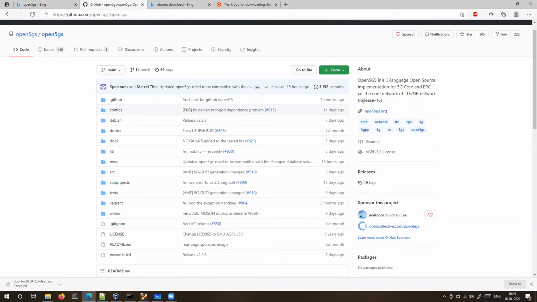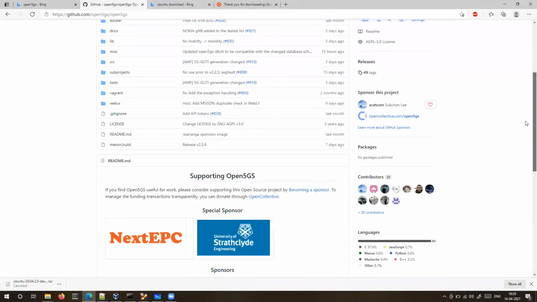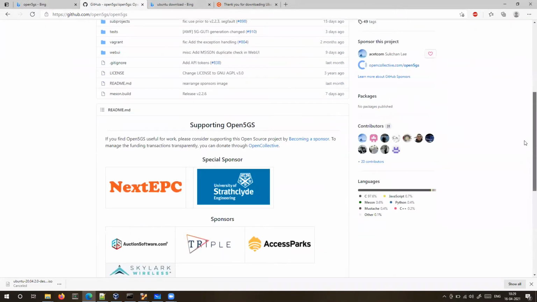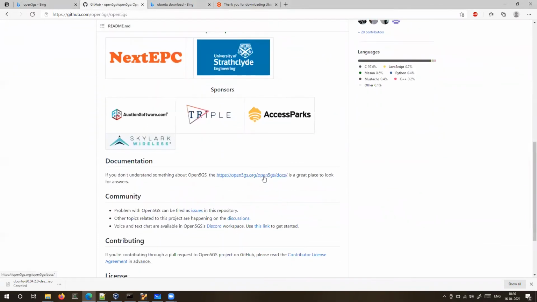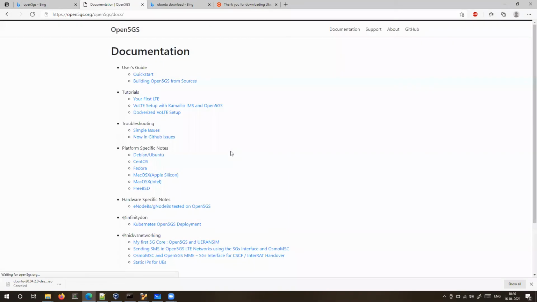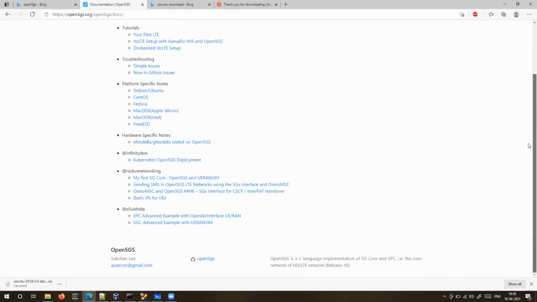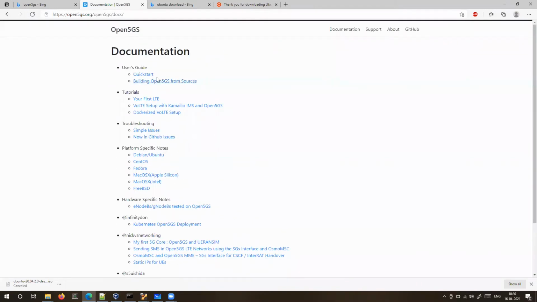If you can see the detail here, it is supporting release 16. Click on the docs, and it will show all the tutorials related to Open5GS.